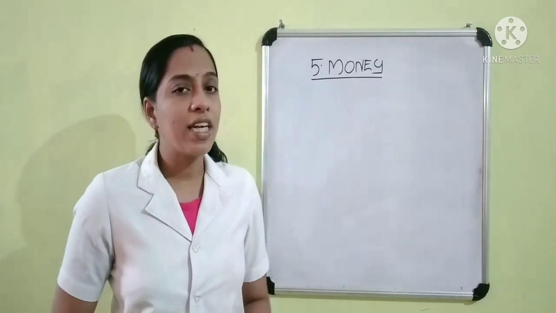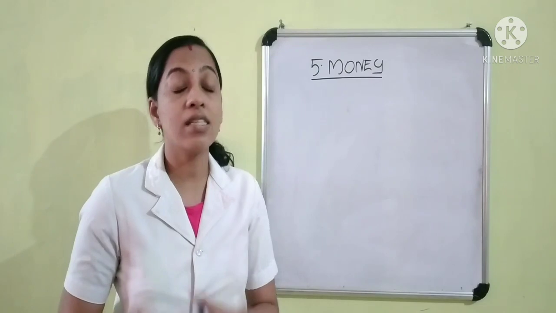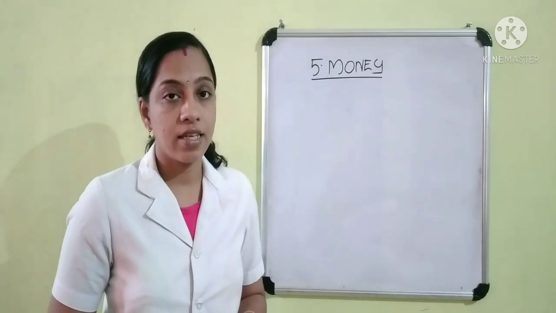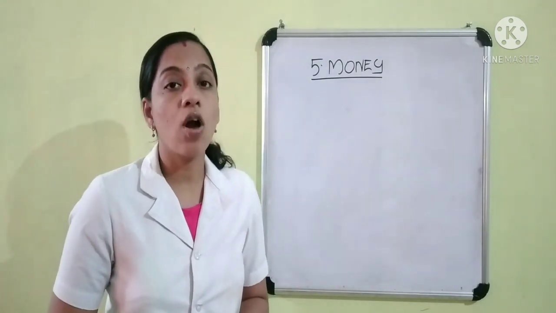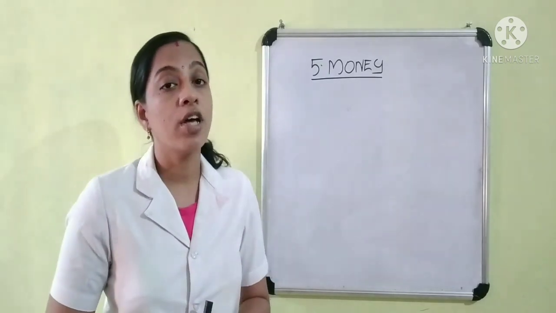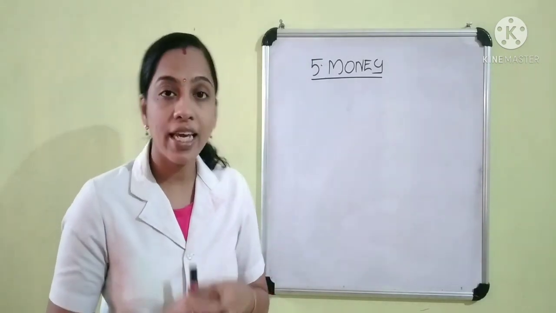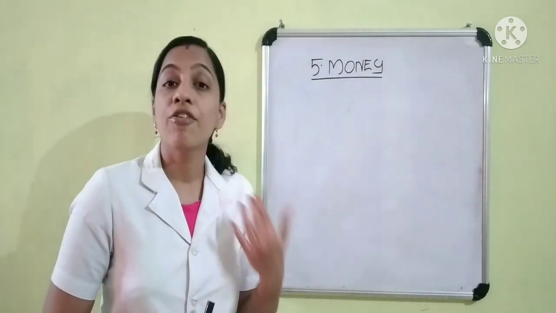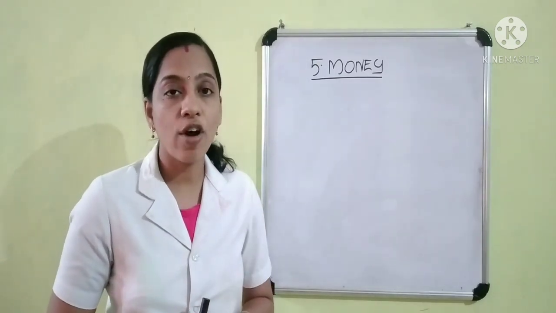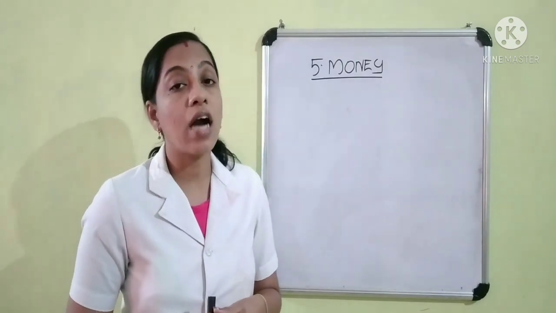Tell me children, what did you learn in the previous class? Yes, we have started our new lesson, that is money. We need money to buy things, right children? Yes. We learned our Indian money is called rupees and paise. We use rupees and paise in the form of notes and coins. We have seen different notes and coins that we use in India, isn't it? Yes. We learned different notes and coins have different values and some notes and coins have the same value. Do you remember? So today let us learn how to count money.